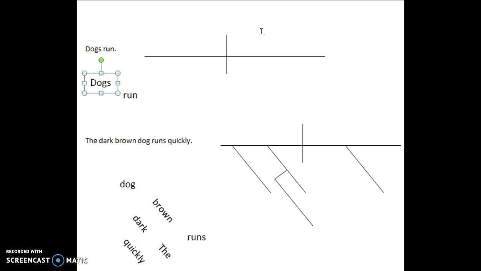Now that we understand the base of a sentence diagram, let's move on to the words that make up the sentence. Dogs run. The first example is very simple. It just has a simple subject, dogs, and a simple predicate, run. The subject goes on the left, the predicate or the verb goes on the right, and my sentence diagram is